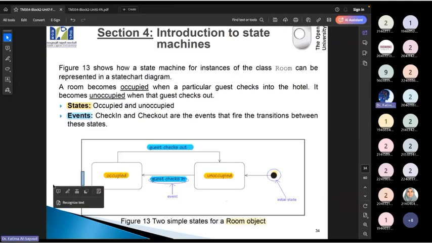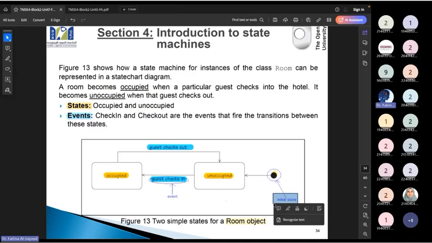We don't have any example in this slide explaining the final status, but we're going to explain how it is reached. That means an initial status has to be there, but the final status can be there or not. So I have an initial status, and it starts at the first status, which is unoccupied.